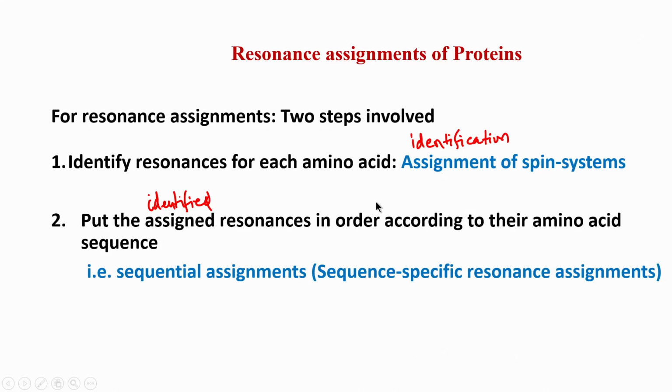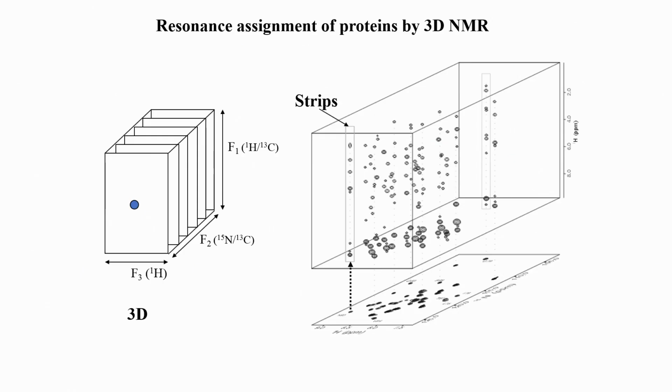Now, let us move on to proteins, means in a larger protein sequence what do you do? So, number one is you need to label the protein. This is because 2D is not sufficient like we did with TOCSY and NOESY for peptides, we need 3D NMR. When it comes to 3D NMR, I have been telling this that we need to label the protein, we cannot do 3D NMR without labeling. So, now let us see in 3D NMR how do we analyze.